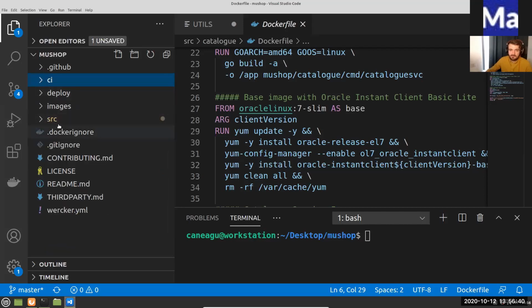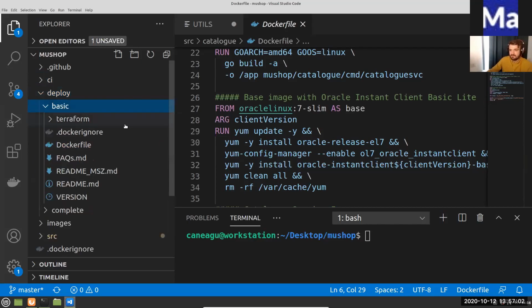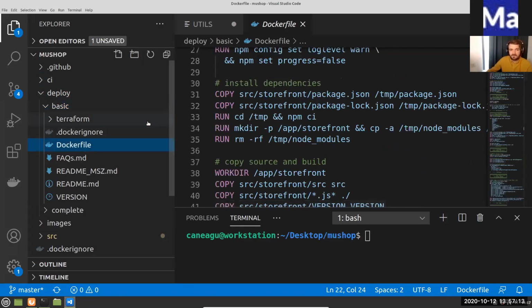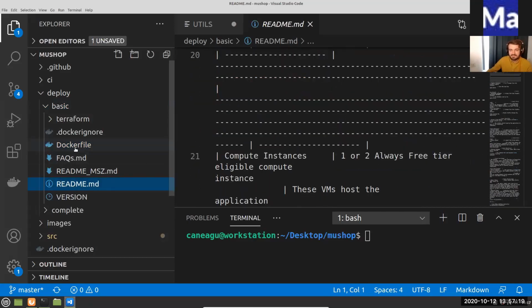And again, after you have the source code and you start to understand the application and what it does specifically, if you're not a developer, you can skip that part, because the application is already packaged in containers. We have the part in which we put the application in containers here under deployment. I was mentioning there are two deployment models, the basic and the complete. And this is very important: if it's the first time you are playing with Docker and you never used containers, it really doesn't matter. You can use this Docker file and follow the documentation. You have a README file here which explains what the steps are, what the commands you need to take are.